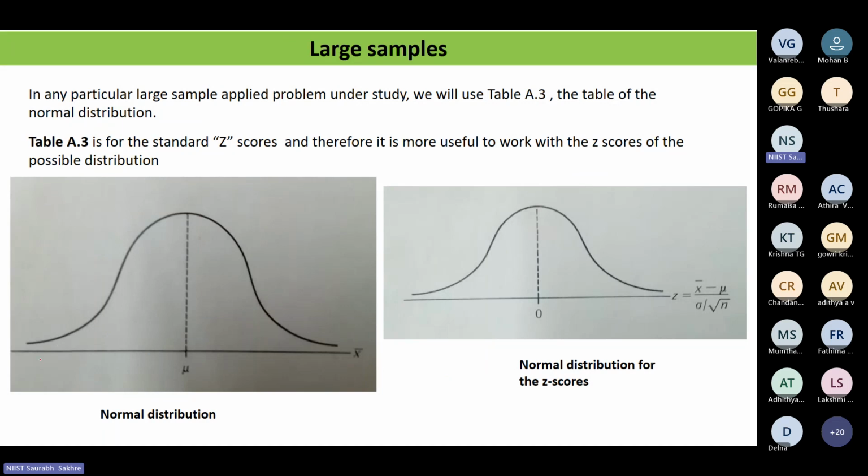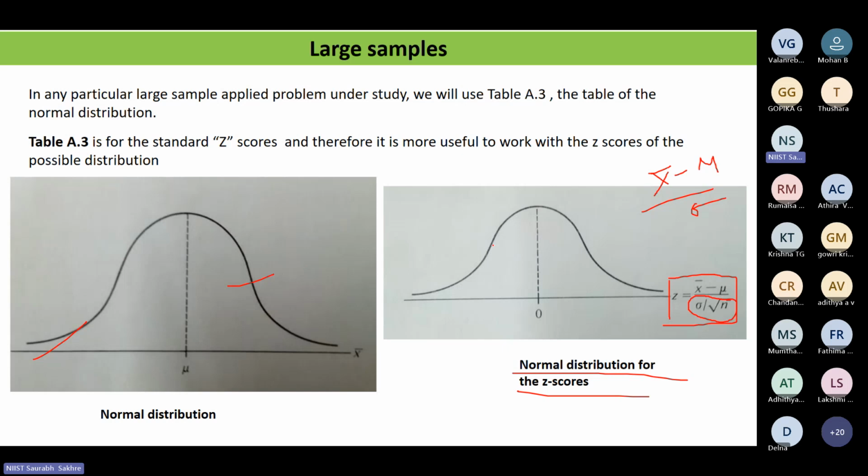Now on the left side, what you are seeing is a normal distribution, and on the right side, what you are seeing is the normal distribution for Z scores. For Z scores, I hope you know this very well now. Z is bar x minus mu divided by sigma. But here you see, I have replaced sigma by sigma by root n. Last time when I took the class, in case of standard scores, we did bar x minus mu upon sigma. But here it is replaced by sigma by root n, because I have to take my sample more towards the true mean.